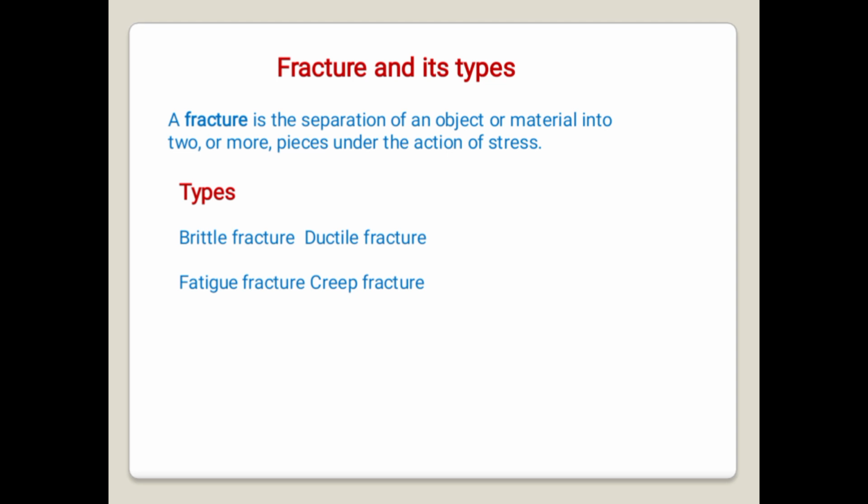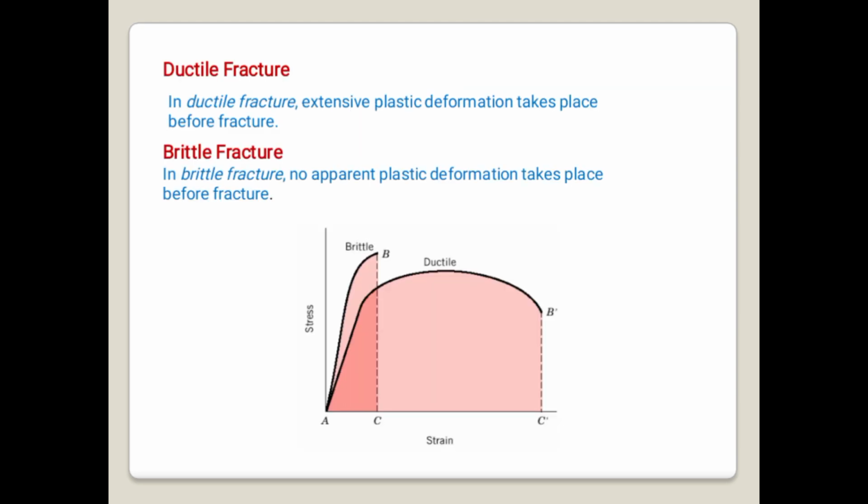A fracture is a separation of an object or material into two or more pieces under the action of stress. Types of fractures: brittle fracture, ductile fracture, fatigue fracture, and creep fracture. So first we can see the